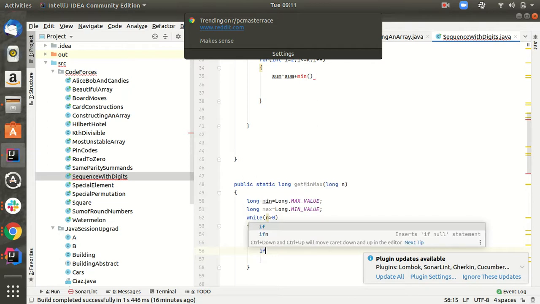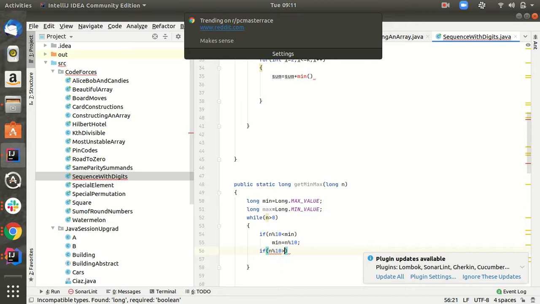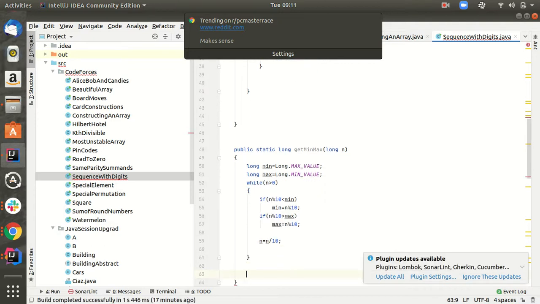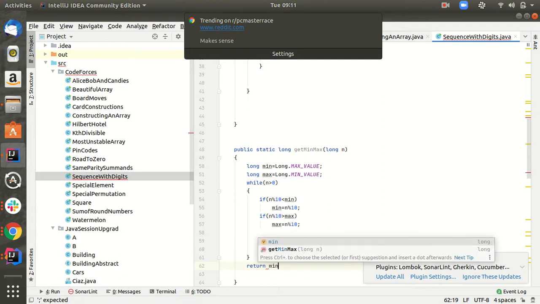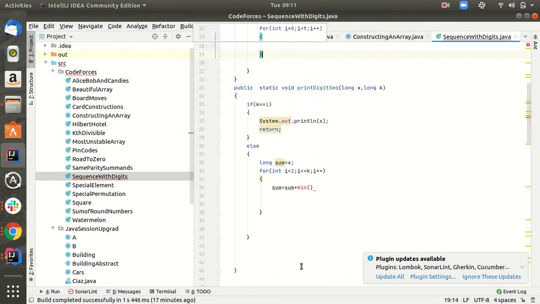Similarly, if n percent 10 is greater than max, then max will be equal to n percent 10, and n will now be n divided by 10. Now over here we will be returning minimum into maximum. So we have calculated minimum into maximum.